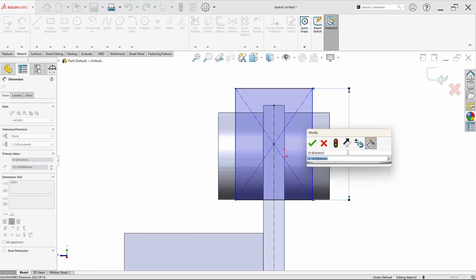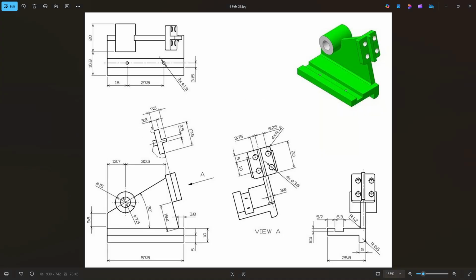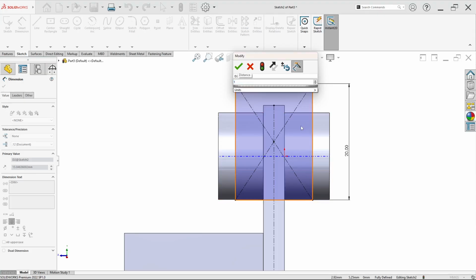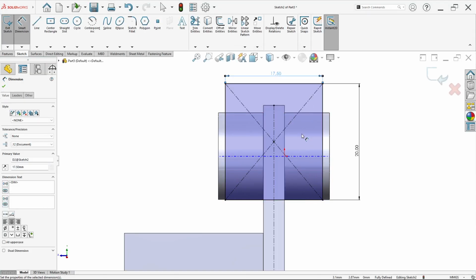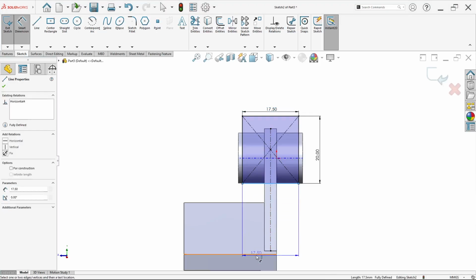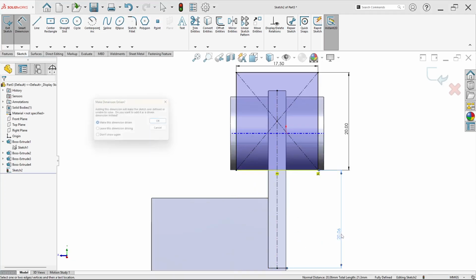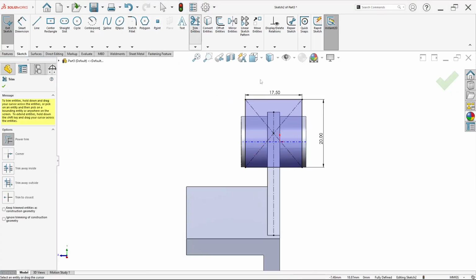Set the width to 20, the length to 20, and this side to 16.5 millimeter like this. And don't forget, you can see the distance from this edge to this edge is 19.4. Sorry, we can repeat.